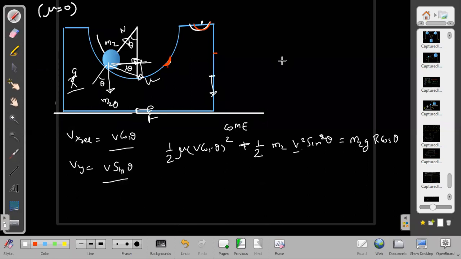Let us do one thing. I told you before that if I have bodies moving in just the horizontal direction, and there are two body systems moving in the horizontal direction, then the force acting on one along x and the force acting on two along x will be equal, with m1 a1x equal to m2 a2x, when the net external force is 0, and that is equal to mu times a relative along x. Do I know a relative along x? If I know a relative along x, then it will be convenient to do it that way. But do I know that or not? Let us think about it.